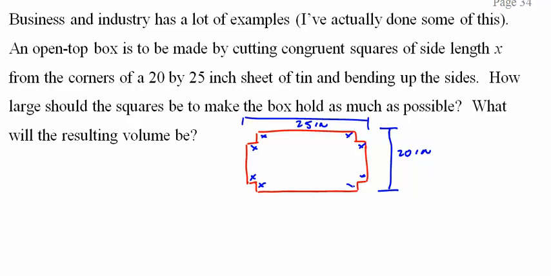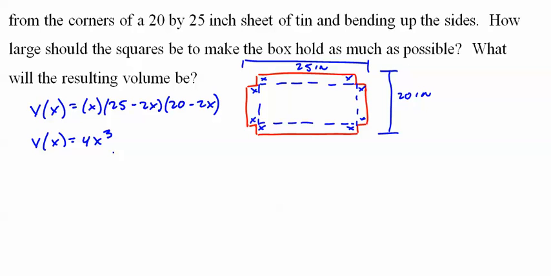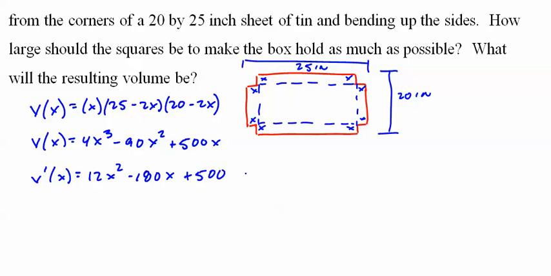And we're going to fold this box up on these dotted lines to make the box. And then we'll weld the corners or whatever. So we want to max out the volume. So we find a volume formula. x times 25 minus 2x times 20 minus 2x. Volume of x is 4x to the third minus 90x squared plus 500x. The derivative is 12x squared minus 180x plus 500, and the roots are 3.681 inches